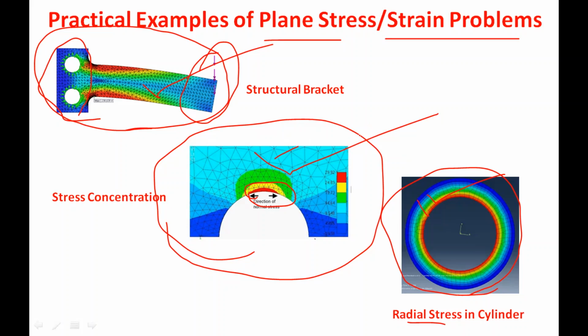In axisymmetric we have discussed that the constitutive matrix is 4 by 4 and we are evaluating the 3 normal stresses and 1 shear stress. The axisymmetric we will discuss separately. So here we are going to derive the element characteristic equation for plane stress and plane strain problem. The same is applicable for axisymmetric problem also with a slight modification that we will see in the later parts. Mainly we are going to concentrate on the plane stress and the plane strain problem for the forthcoming parts of the lecture.